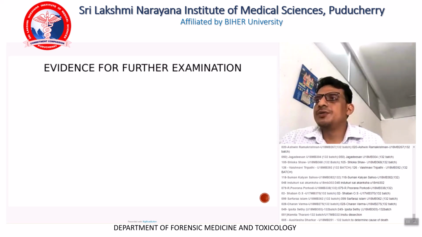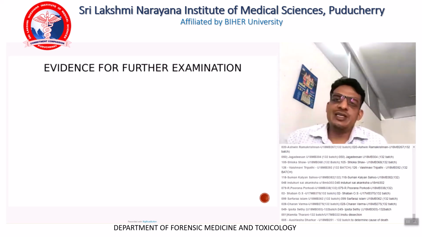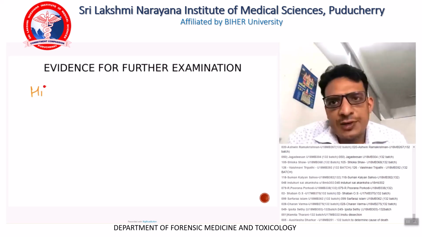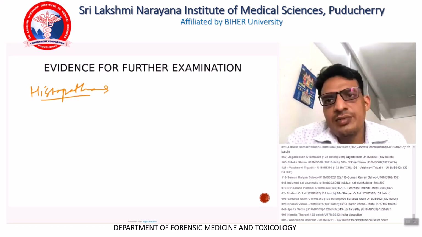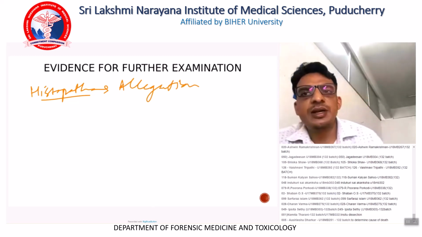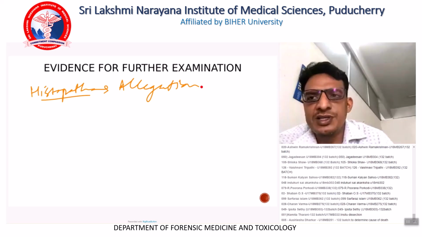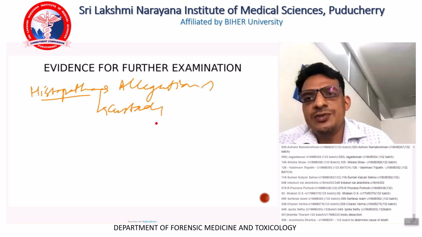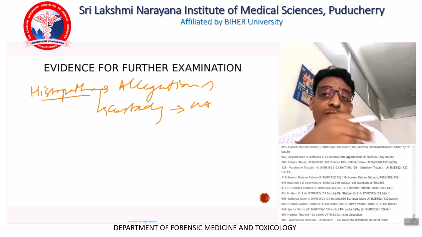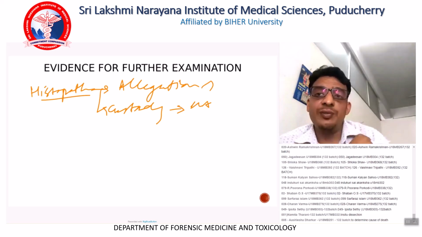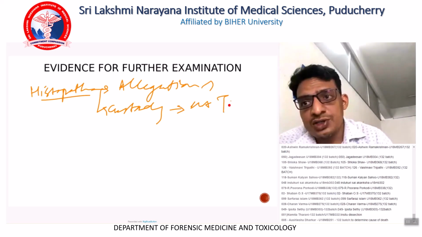Further examination: we have histopathological examination. A situation is there when there is an allegation of medical negligence. We have to certify the mechanism of death. How did the person die? We have to look at the different organ pictures. Say a person has died in custody because of extensive TB, and the patient was not taken for treatment while in jail. The warden is supposed to answer why the patient was not taken for treatment. If he has died because of tuberculosis and has not received any treatment, then the warden is legally bound.